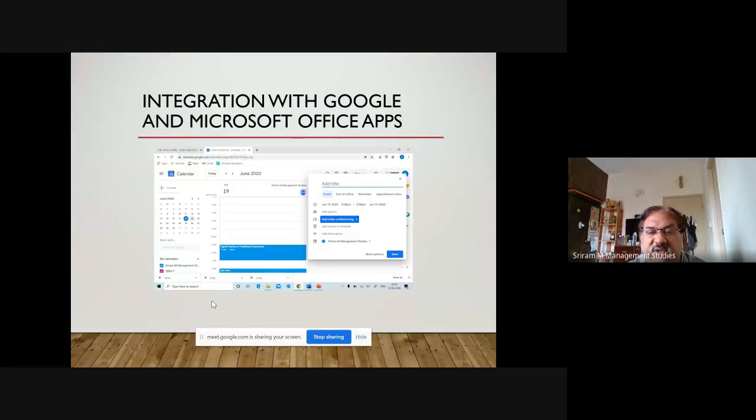So through calendar, when you schedule it, you can see the blue box here. On that, at 11 o'clock, we scheduled this particular session. So that will automatically appear on your calendar. And the moment you click on that, it will automatically take you to the meeting. So this is very, very convenient if you are scheduling through calendar.